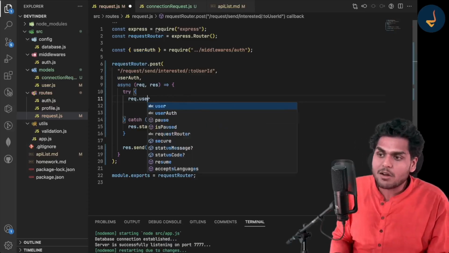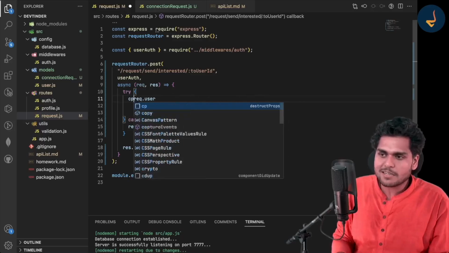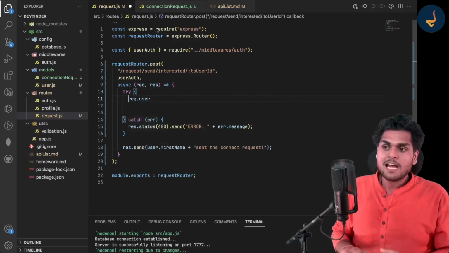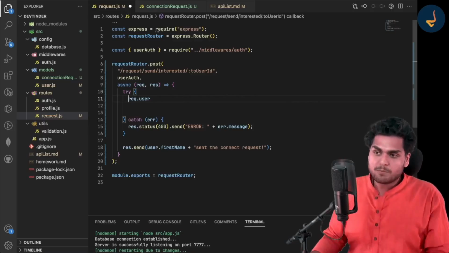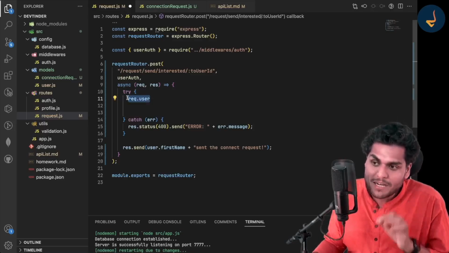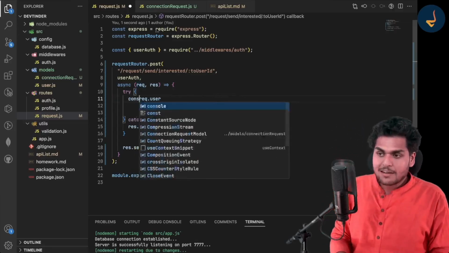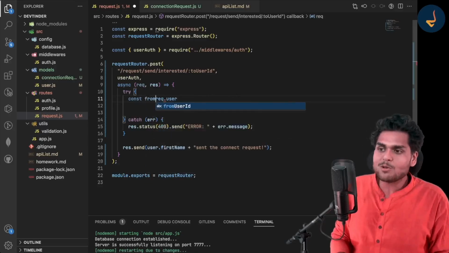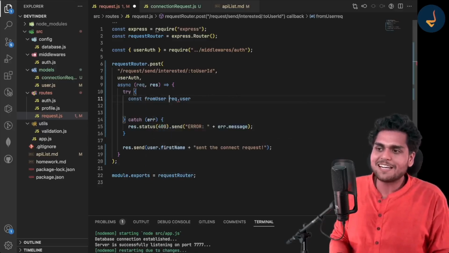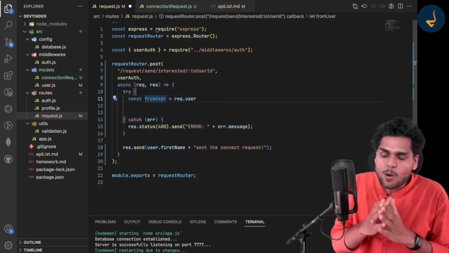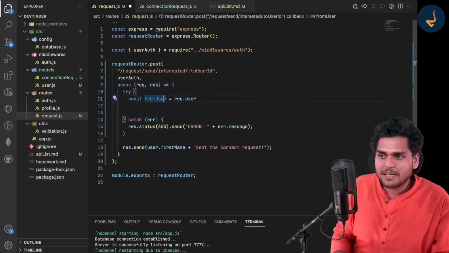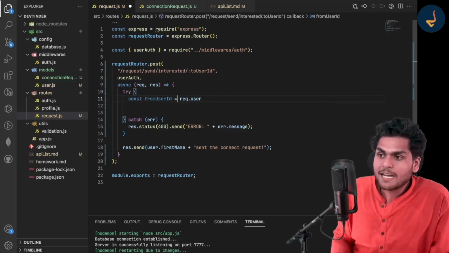Let me create the logged in user, and this is the user. This request.user is the person who is sending the connection request. So basically, this is the from user. If you see it clearly, this is the from user, who is sending the request. If you want to find the from user ID, you will find it from